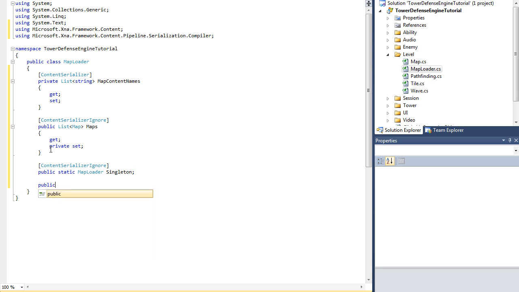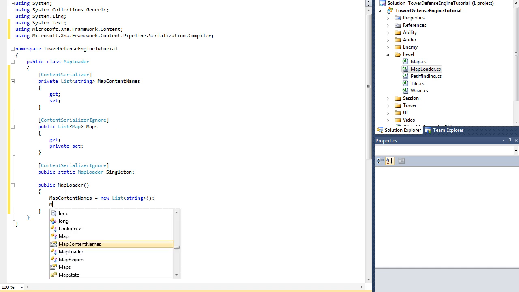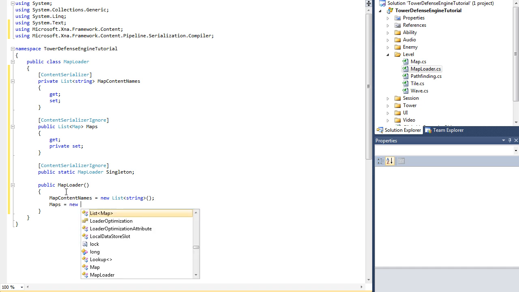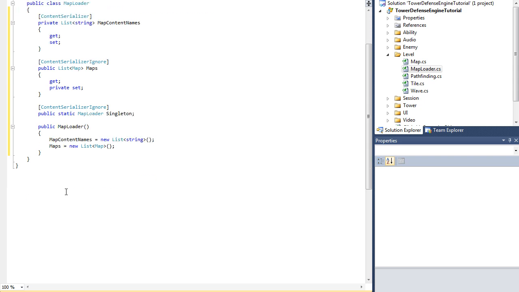So public, and now we have the constructor MapLoader. Whenever we call the constructor, we need to make new lists for these. So mapContentNames is equal to new List<string>(); and then maps is equal to new List<Map>();